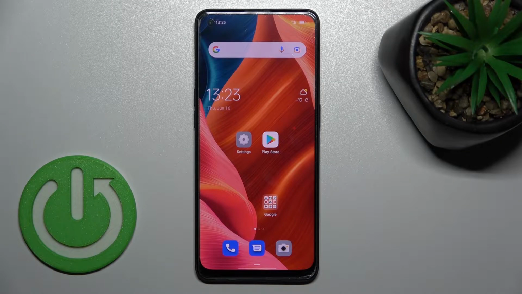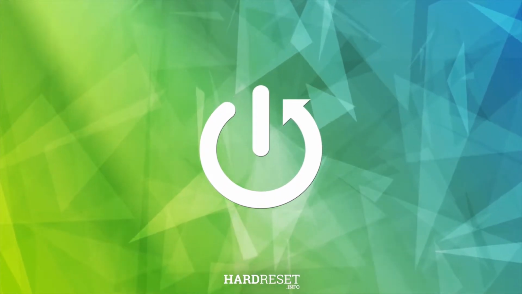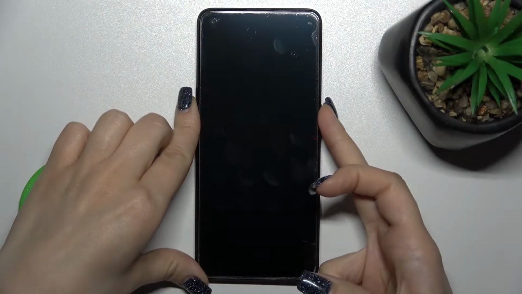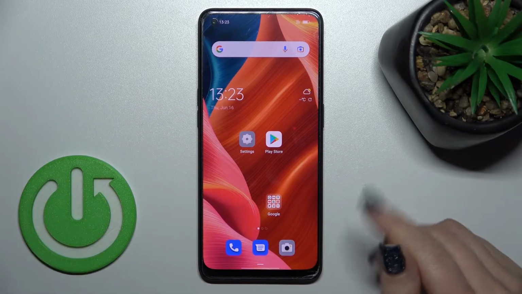Welcome, today in front of me OPPO F21 Pro 5G, and I'll show you how to change lock screen wallpaper on this device. So now we can see that we have the same wallpapers on our device home and lock screen, and now